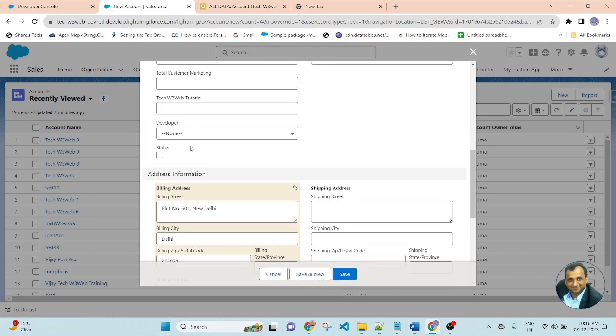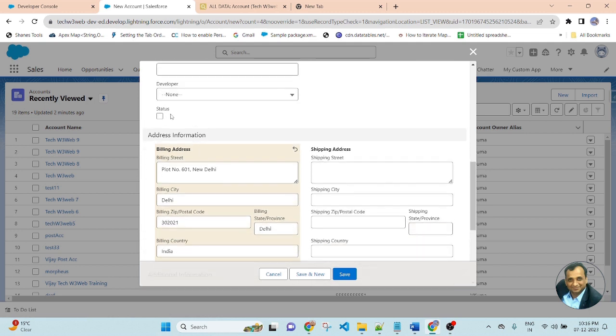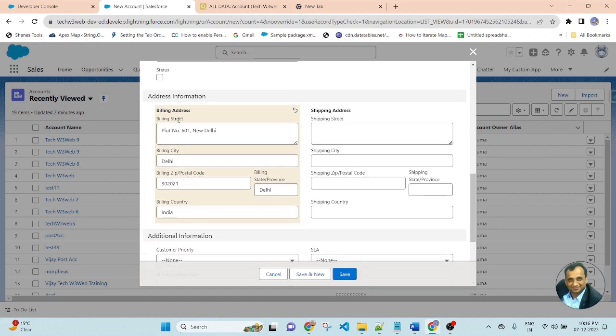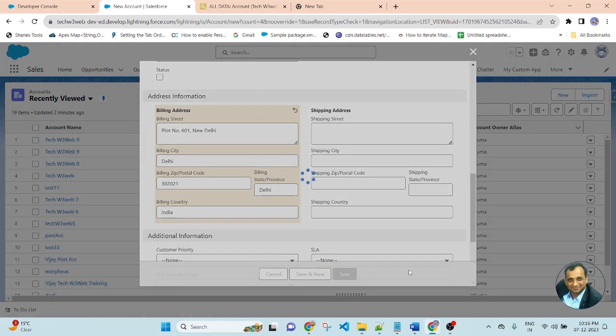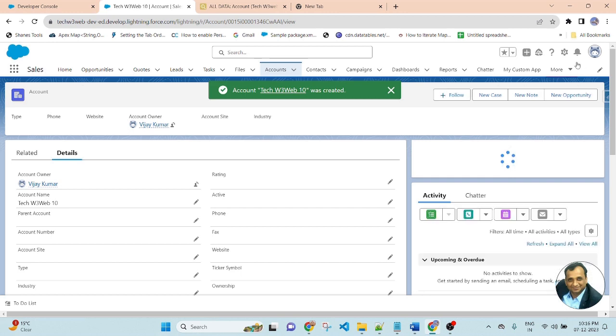Now I am leaving the checkbox unchecked. That means if you do not check mark the checkbox, this value of the billing address does not populate because the criteria are not fulfilled. Now let me save the record. The record has been saved successfully.